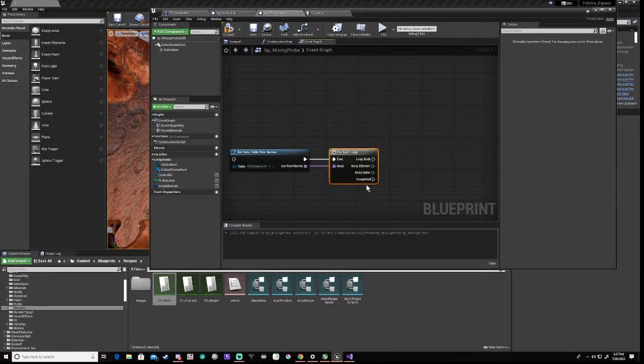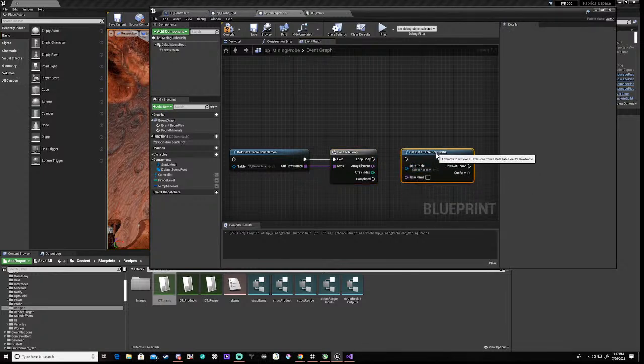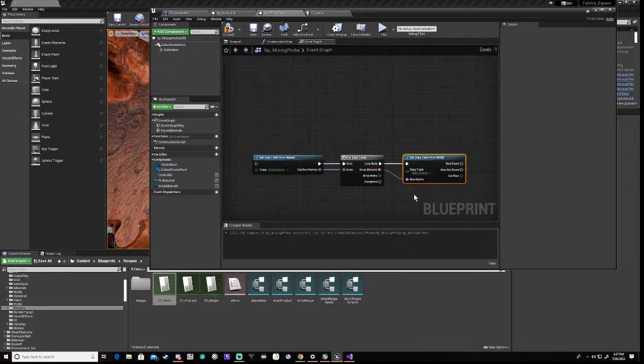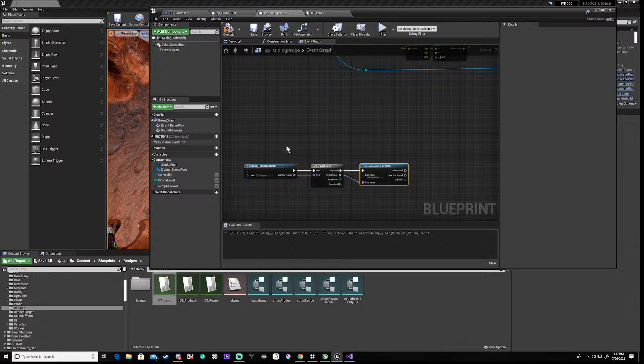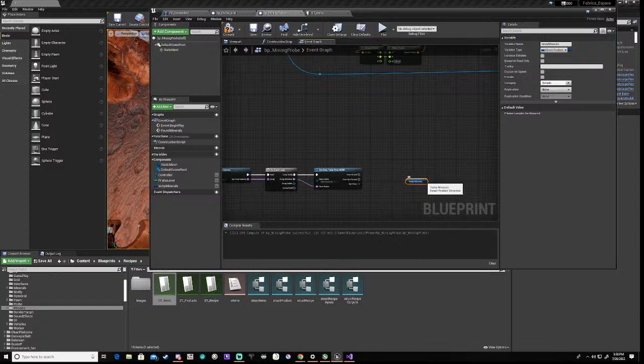Okay, and then we're going to be doing a get data table row. Now we're only needing to do this once, so we need to make sure we put this in the right place so as not to do it too many times. But in effect, what we're going to do is get this array of minerals,